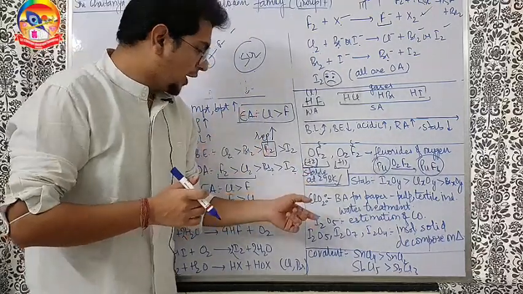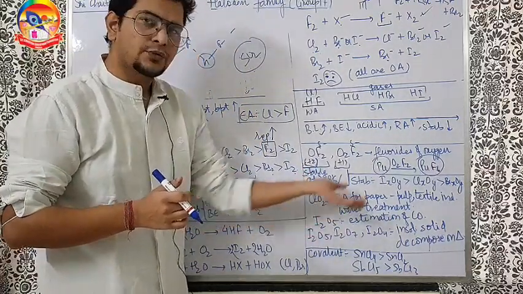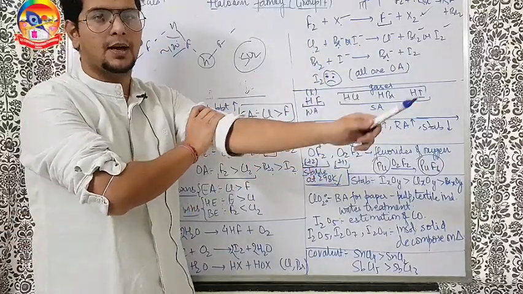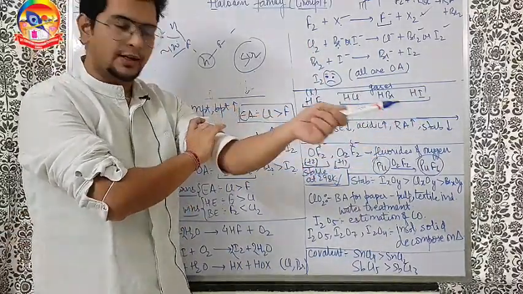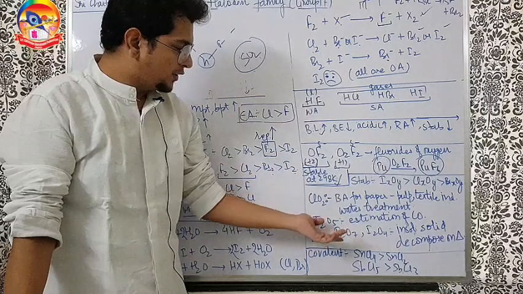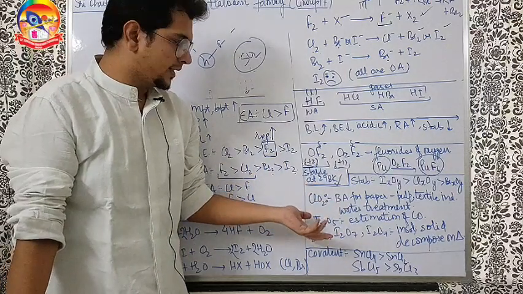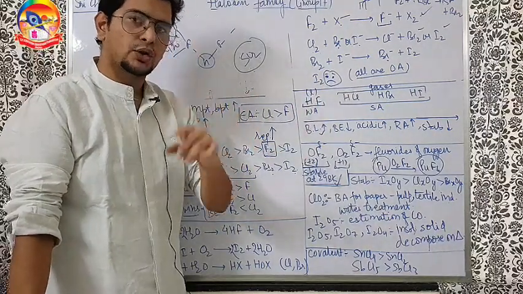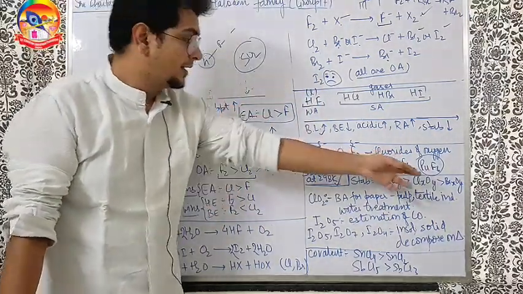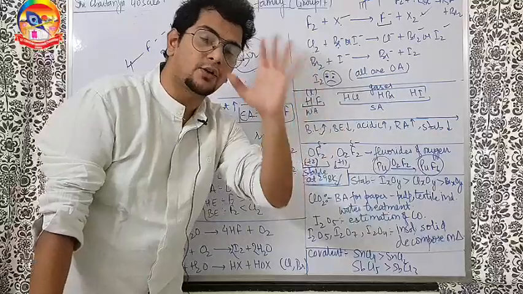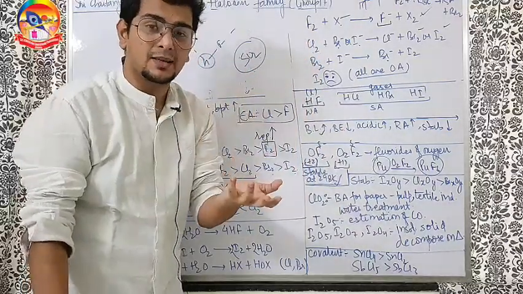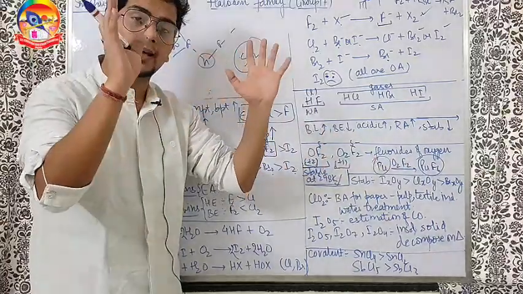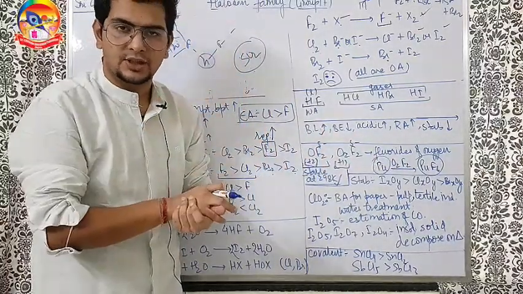Going ahead, for iodine oxide, I2O5 is used for estimation of CO. You might have seen this reaction in organic chemistry, junior inter part, purification of the organic compounds. Now I2O5, I2O7, I2O4, all the iodine oxides are insoluble solids and they decompose on heating. Also, all the bromine oxides are least stable, so they are very good oxidizing agents. Because if I am unstable, I will desperately react. So they react by releasing oxygen gas. So they are very good oxidizing agents.